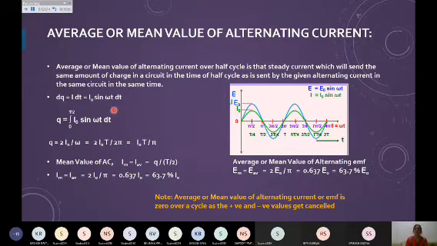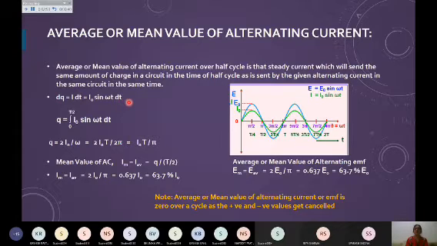So if I take a small interval of time dt, I write the value of the charge dq. By the definition, because electric current is the rate of flow of charge, dq can be written as I dt. But because this time the current I am taking as I naught sine omega t, sinusoidal graph we refer to most of the times, I will be putting I equals I naught sine omega t and dt as it is.